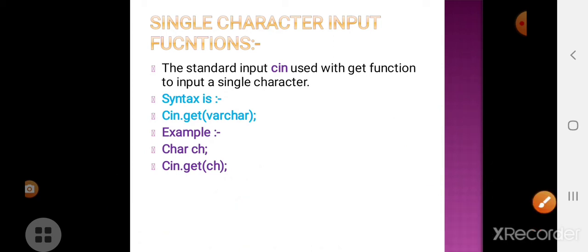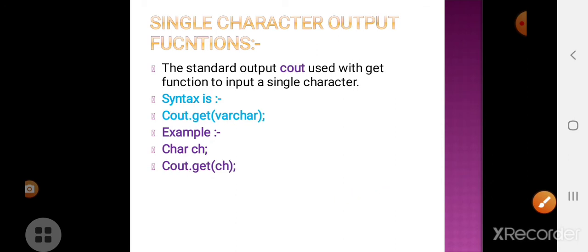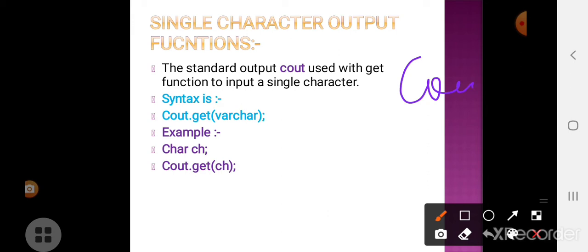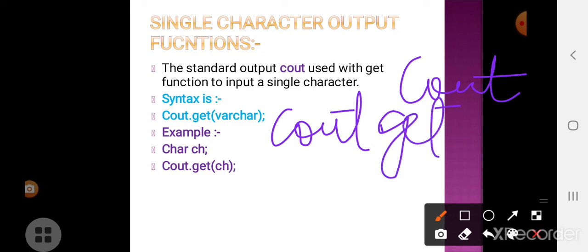Okay, so next is the single character output function. Usually we use cout to display output. But if we want to display one single character, then we have to use cout dot put varchar. So this is the syntax for a single character output function.